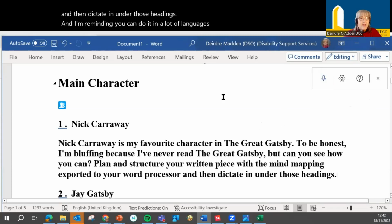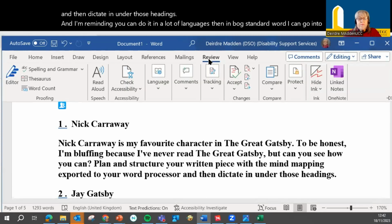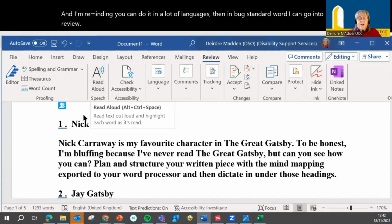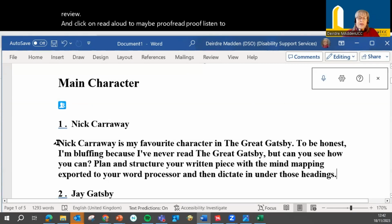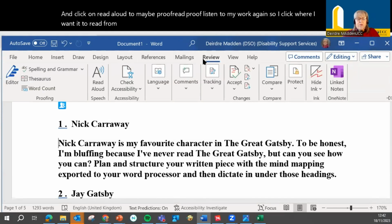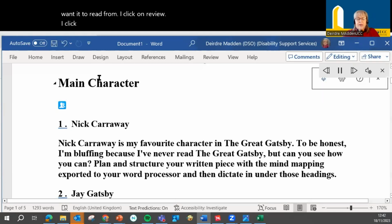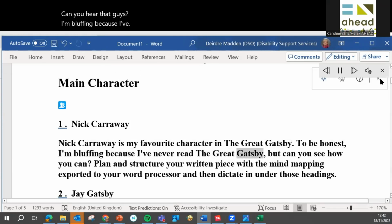Then in bog standard Word, I can go into review and click on read aloud to maybe proofread, proof listen to my work again. So I click where I want it to read from. I click on review. I click on read aloud. And give it a couple. Nick Carraway is my favorite character in The Great Gatsby. You hear that, guys? To be honest, I'm bluffing because I've never read The Great Gatsby. But can you see how you can plan and structure your written piece with the...